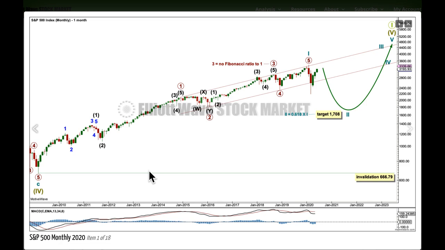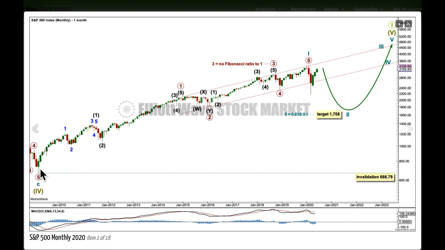Okay, now I'm going to go through each of those wave counts, and I'm going to look at lower time frames as well. This is the first main wave count. The bull market is seen over here. It's a 5-wave impulse and followed by a 3-step back pattern, the simplest Elliott wave structure. 5 steps forward, 3 steps back. 3 steps back may not move beyond the start of 5 steps forward.